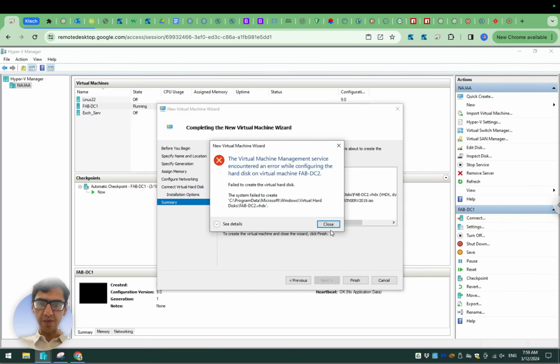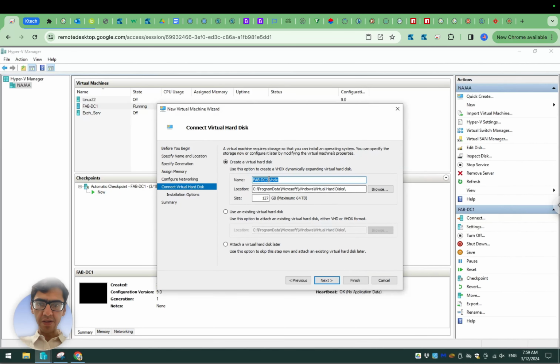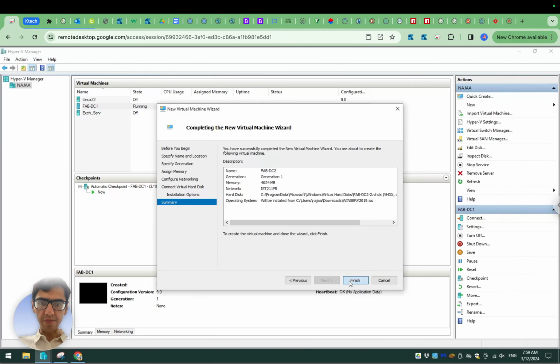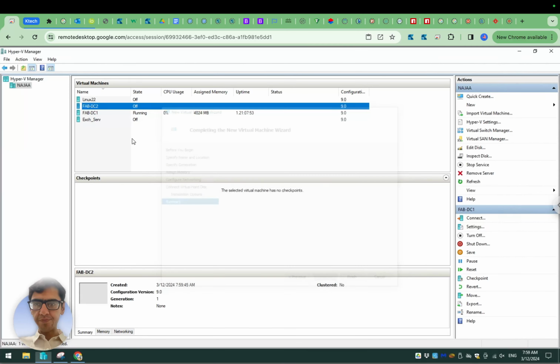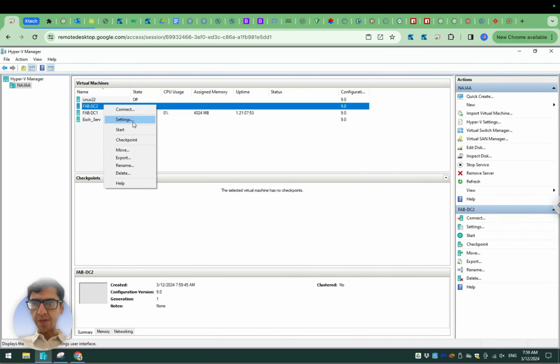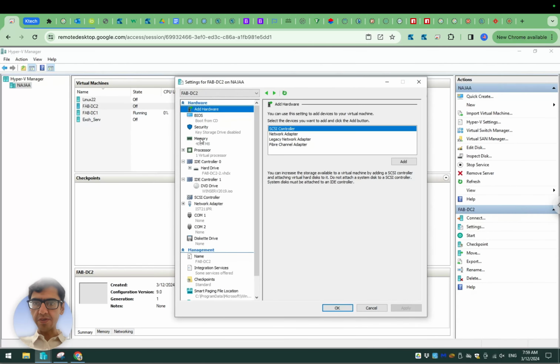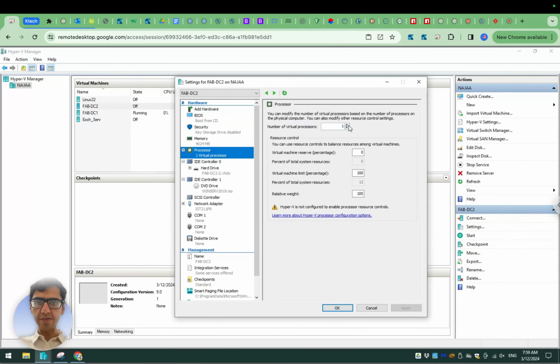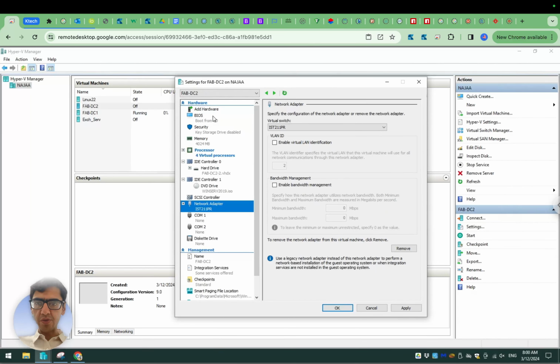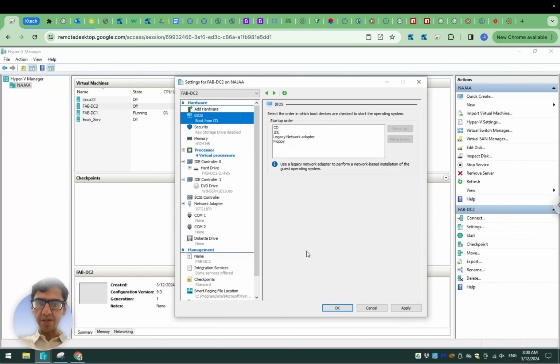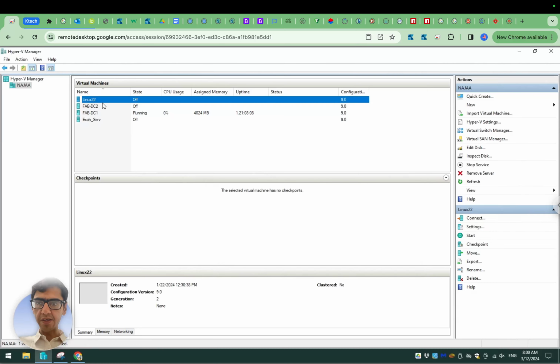The system failed to create. Okay, let me try again. Let me change the name of the HDX. It's already created before. Okay. Now all we need to do is, of course, as usual, go to settings, boost the virtual CPU count, make sure that everything is set up correctly, press OK, double click,